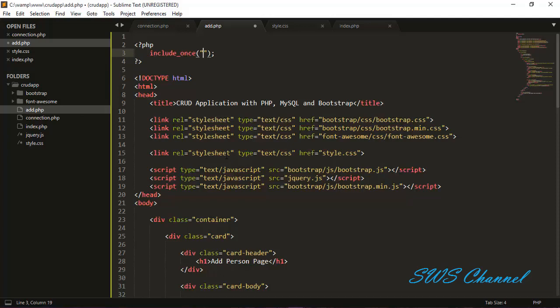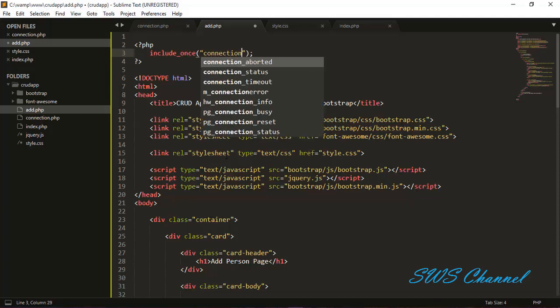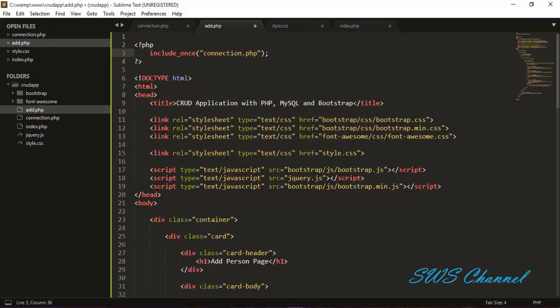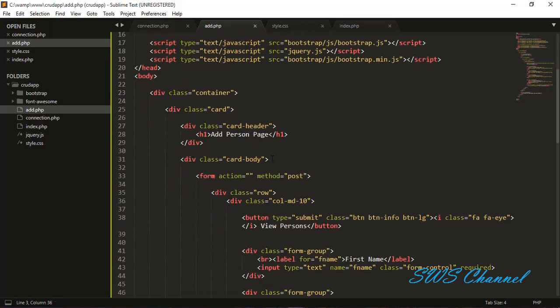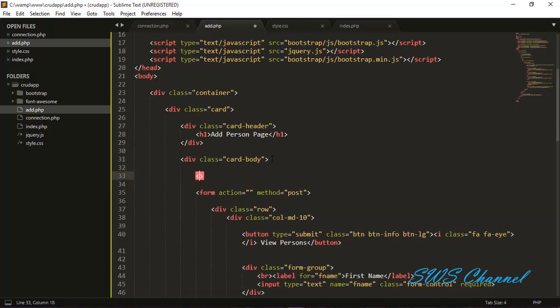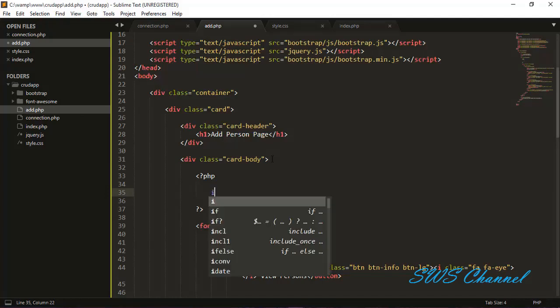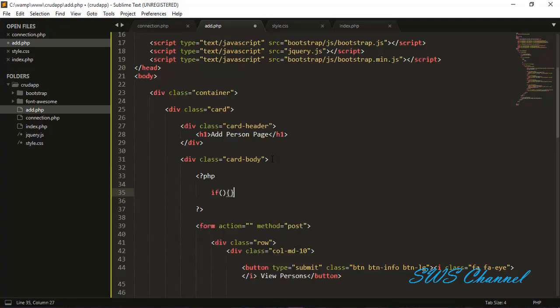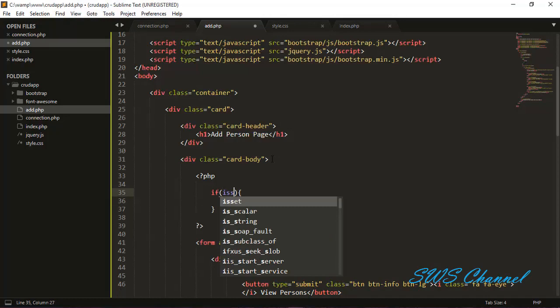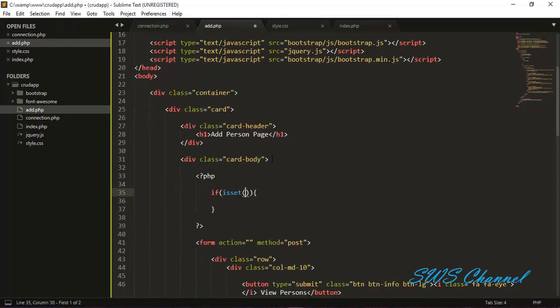Our database file name is connection.php. Save and come here below, and before the form we want to write our PHP code. We need to add a condition. If isset, $_POST